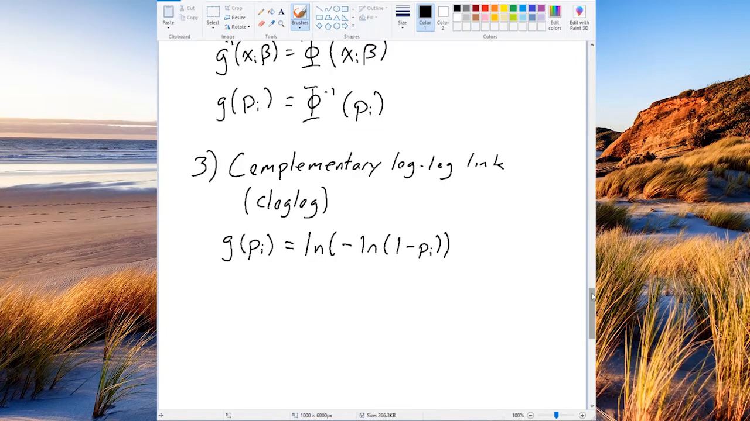What is the G inverse function here? The G inverse function on xi beta that gives us back the probability. This is going to be 1 minus, and I've been writing e. I'm going to switch over to exp here, the exponential function, just because it's going to make this a little bit easier to write. 1 minus e to the minus e to the